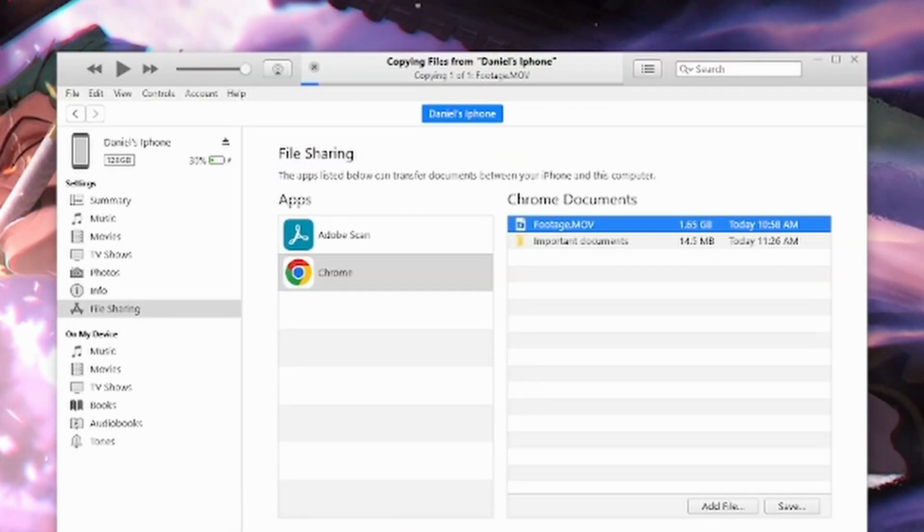Select, and at the top right here you can see that it says copying files from Daniel's iPhone. It's going to be copying these. Now that the copying files is almost done, I'm just going to go ahead and tell you about some of